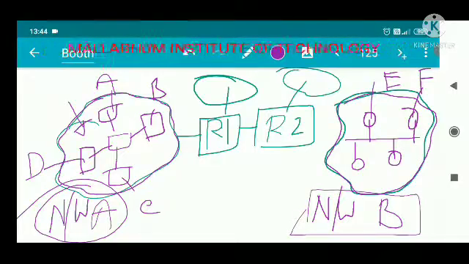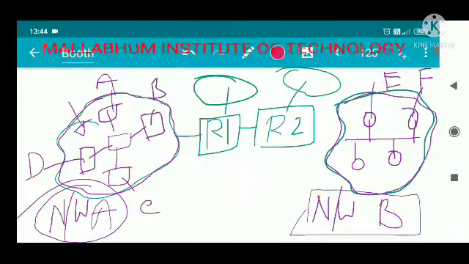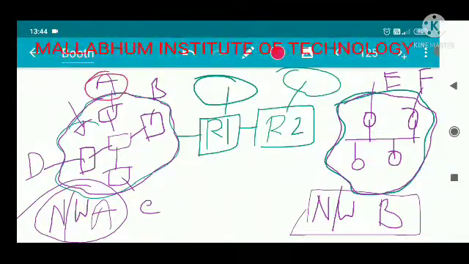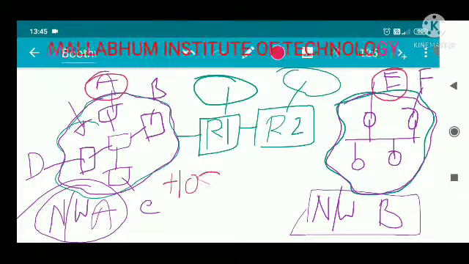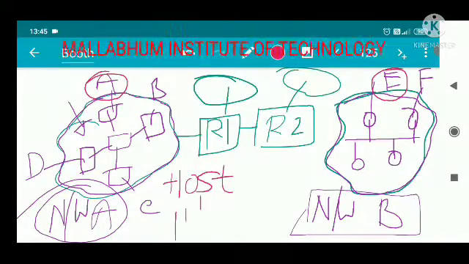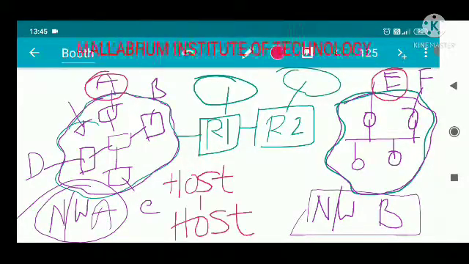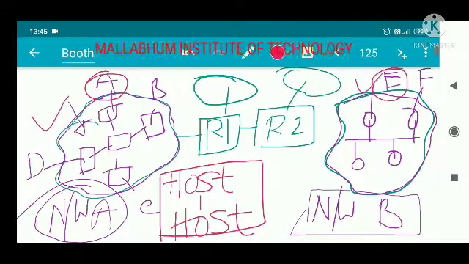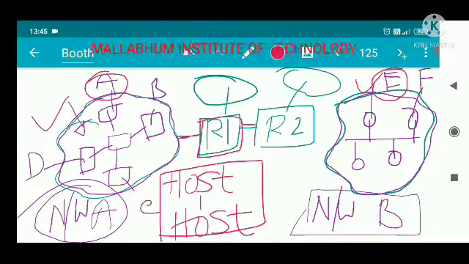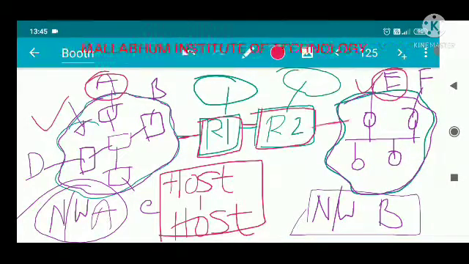We want our message to be delivered from this host computer to this host computer. This host is situated in this network and this host is situated in this network, and in between them, suppose from this network to this router, this is a node, and there is another node, maybe. That is the function of the data link layer.